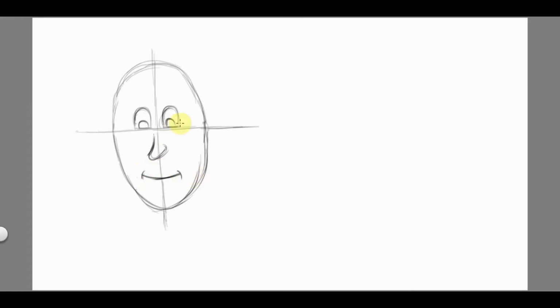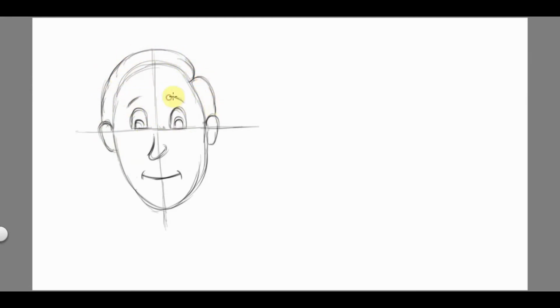And this is the mouth. We draw the eyes a bit apart from each other. Now we'll draw the ears with reference to the horizontal line, and then we'll draw the hair.